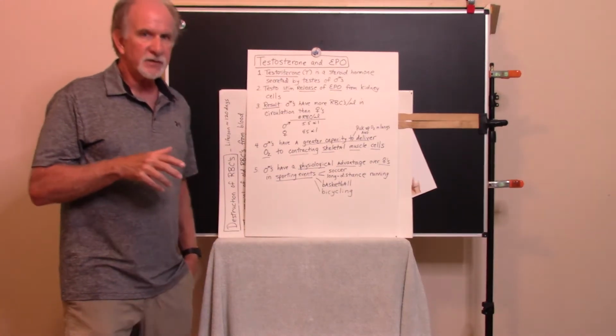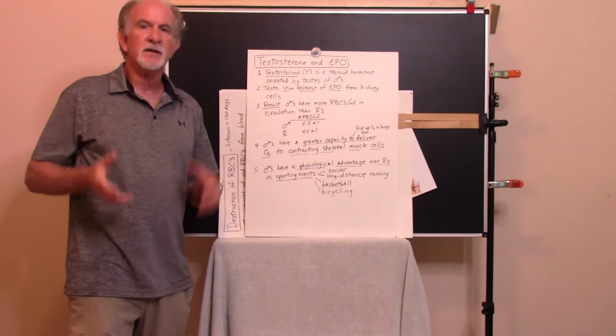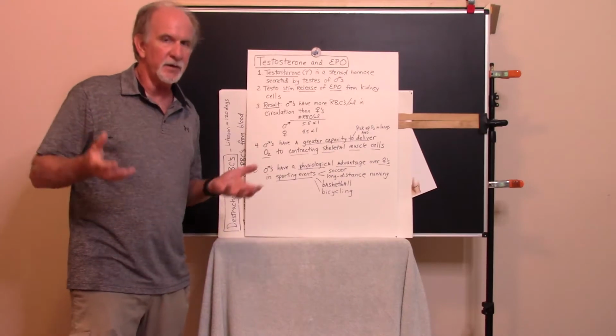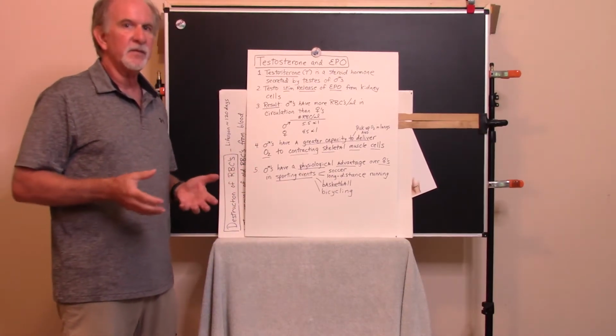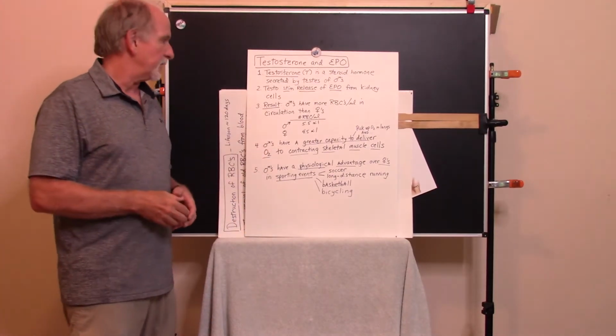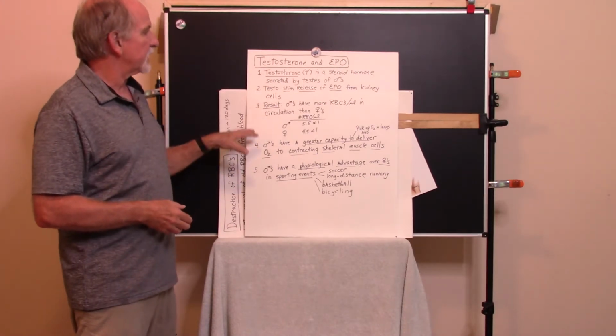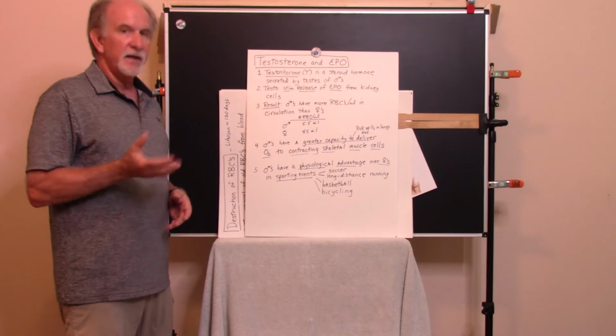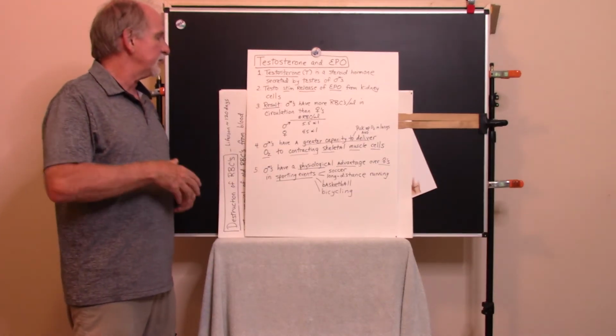And this effect of testosterone in males means that males have higher amounts of EPO in their body as compared to females. And the result is that males have more red cells per microliter in their circulation as compared to